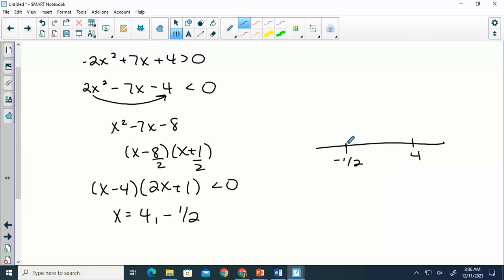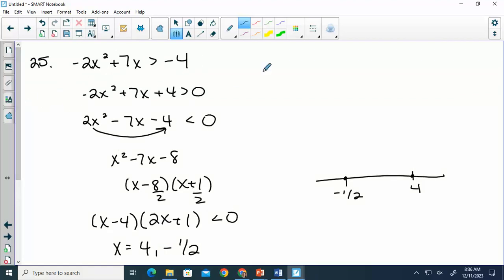Okay, that's where it equals 0. And from this point, the graph you draw depends on which step you look at. If I looked at this one right here, does that parabola open up or down? Down. And at that step I wanted greater than, which is above. And there's no equal to, so we would have the negative 1/2 positive 4. If you looked at the next step,